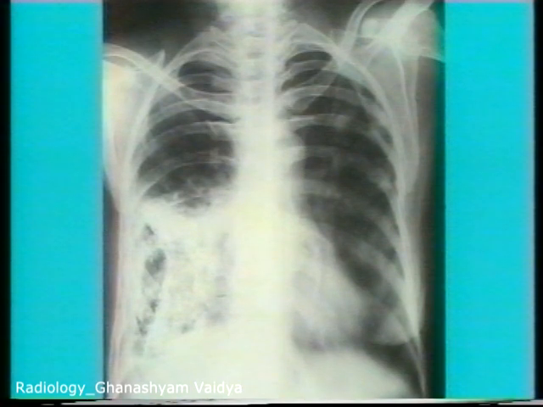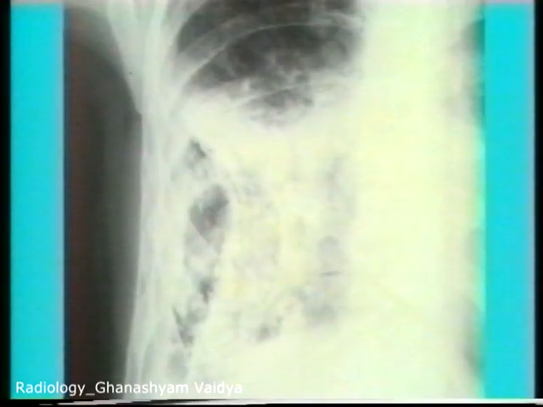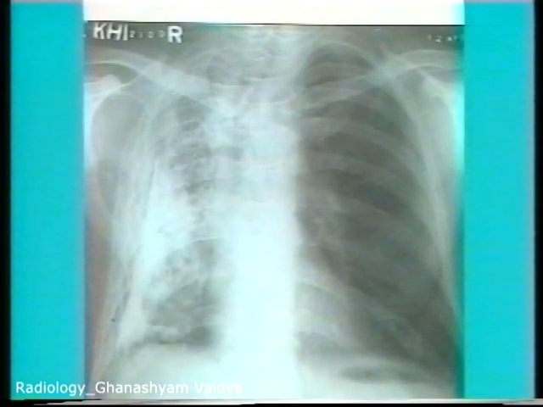It is a very dense and irregular sheet-like opacity with no fixed distribution pattern. Note the sheet-like opacity denser than the ribs with no fixed pattern. This is another X-ray of pleural calcification with dense, irregular, sheet-like opacity. Note in the close-up view its density, pattern, and the typical appearance.